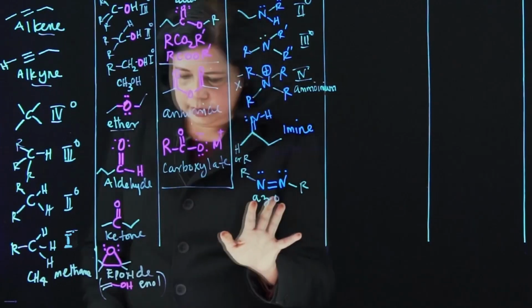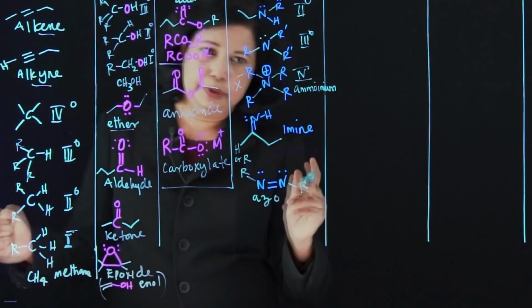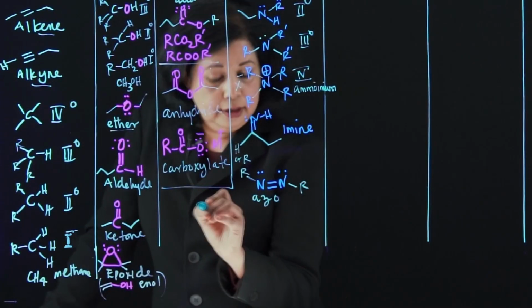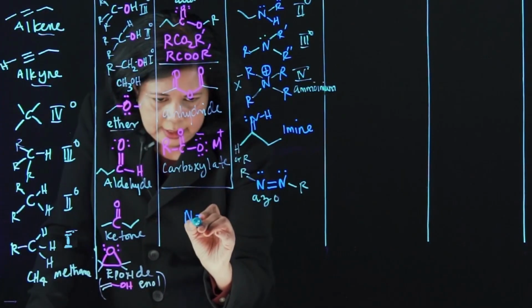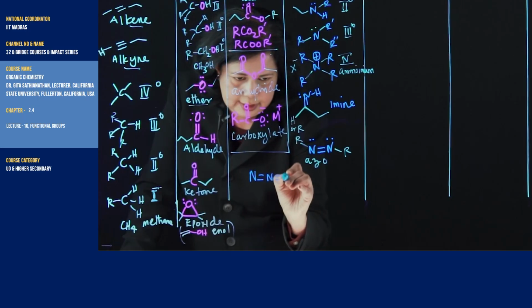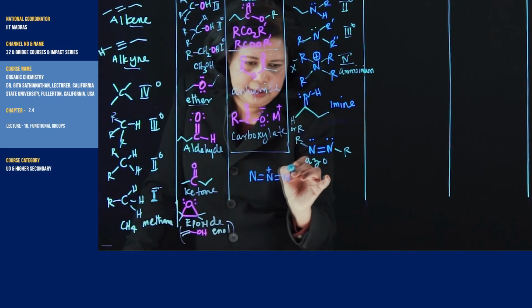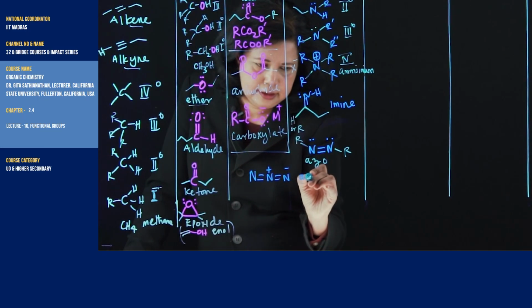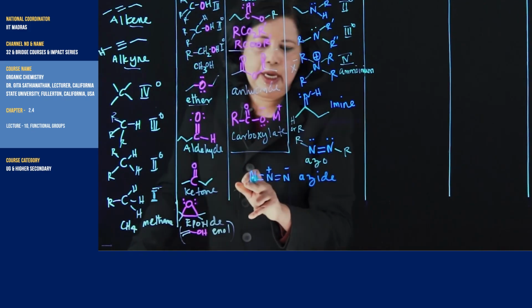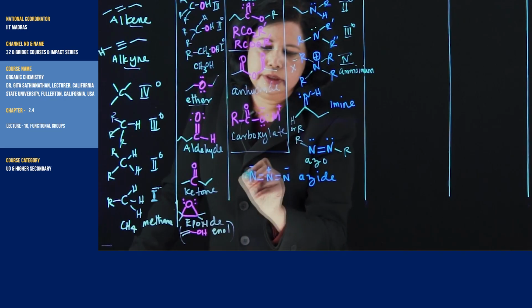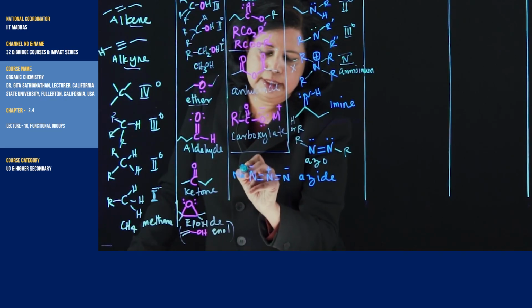Now, well, if you can have 2, can we have 3? Yes, you can, and that is going to be called an azide. Sodium azide, if you have a sodium here. So this is going to be sodium azide, for example.